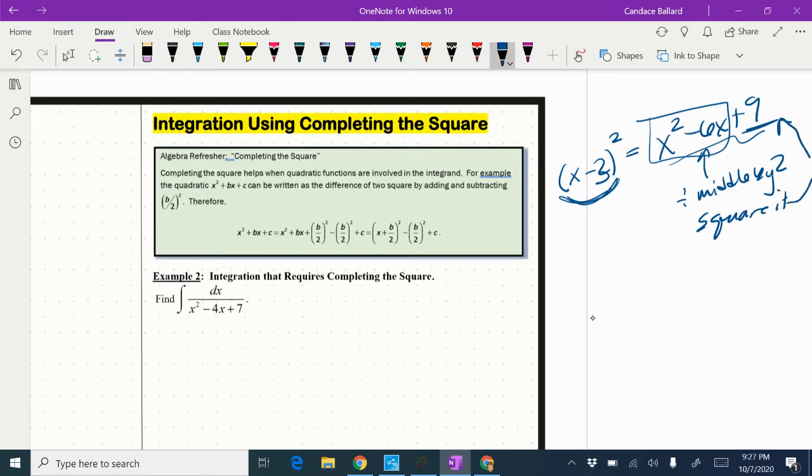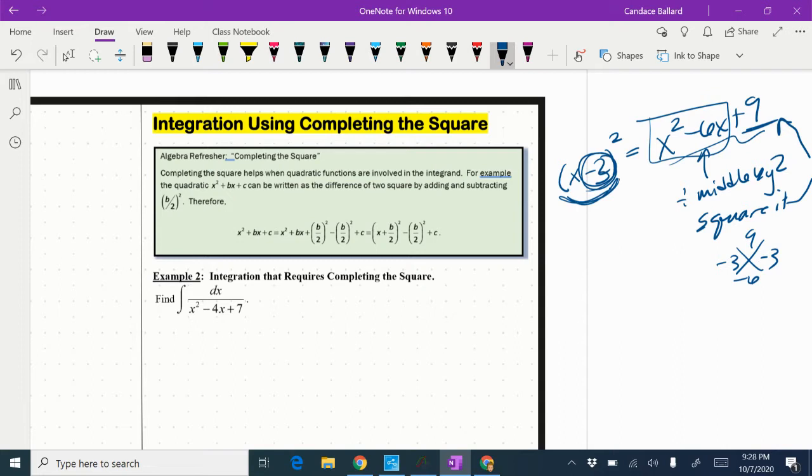Okay, and when I divided the middle by 2, I kind of cheated by writing the answer here. Because if I did my good old magic x, two numbers that multiply to 9 and add to -6, I would get -3 and -3. So it does work. All right, so let's look at one that requires us to actually complete the square. There really isn't much I can do. It looks like it could be a u sub, but there's no x and I cannot input an x. I can put a number in there, but I cannot add an x into